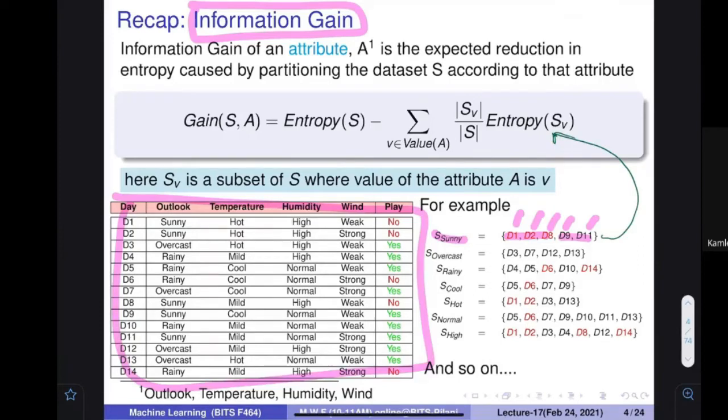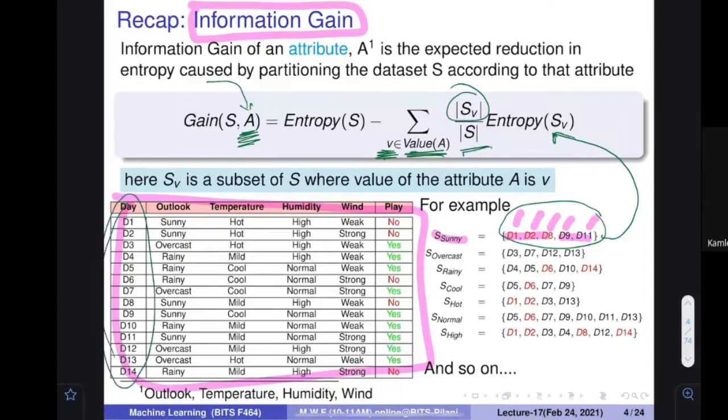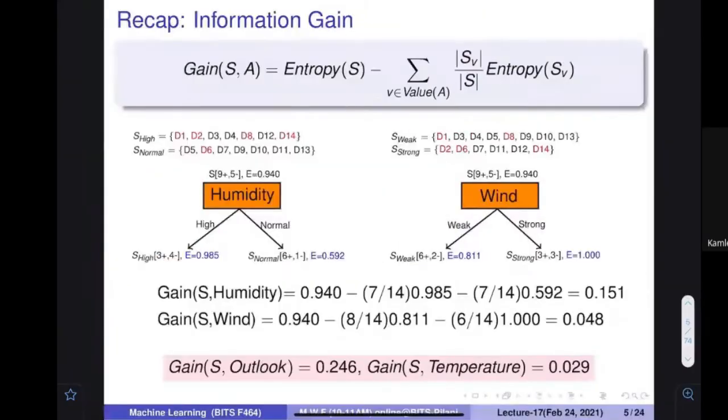If you want to find the information gain with respect to a particular attribute, you have to find all the values that the attribute takes. In each case, you see the size of the set S_v divided by S, the total number of items, which in this case is 14, and multiply by the entropy. You plug in the entropy for all the possible values, and subtract the summation from the entropy of the complete database. And you know that entropy is the formulation given by the summation of minus p_i log p_i. You find the entropy for each of them this way.